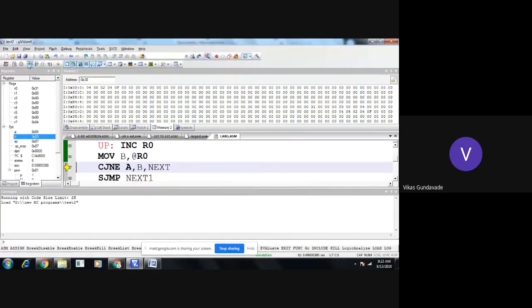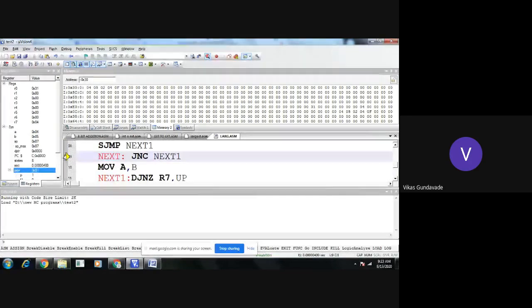And after that, we are comparing these two numbers. Now see here, both numbers are not equal. So here, what happens? See here, carry is set because 5 is the largest number. In this compare instruction, there is a subtraction between the accumulator and the B register. But the result of this subtraction will not get stored in the accumulator; it will affect the status of the flags.